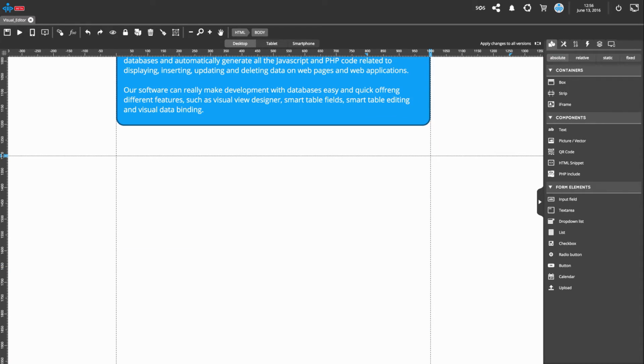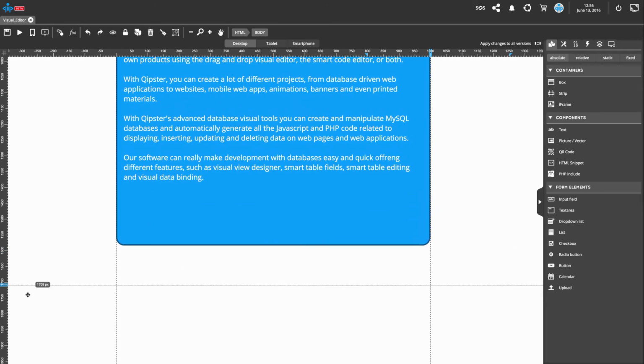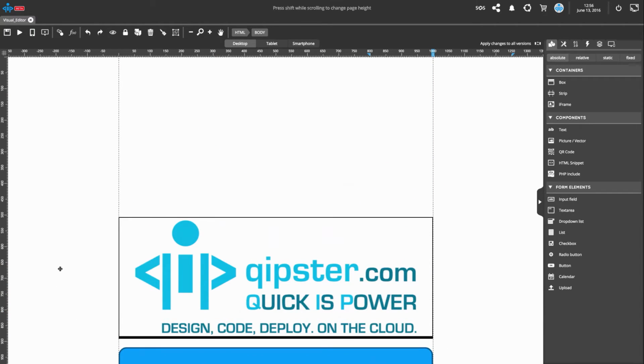Move this other pin vertically to simulate the page height and easily design according to the expected screen size of the target device. Here you can set the behavior of a stage to better suit your habits. By dragging from the rulers into the stage, you can set guides to assist your layout design.